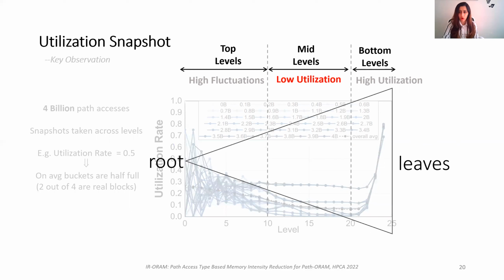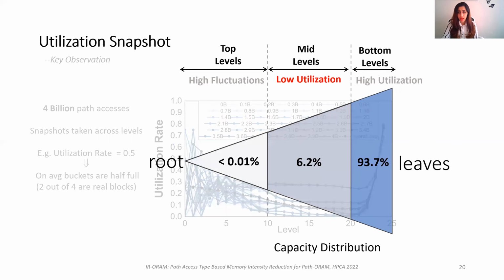If we project the ORAM tree on this figure, it will be like this. This is the capacity distribution. The 5 bottom levels account for the majority of the capacity, so the high utilization is expected. In contrast, middle levels are utilized no more than 1/3, and they account for only 6% of the capacity. Yet, each level contributes the same number of blocks to the path length, and we exploited this phenomenon